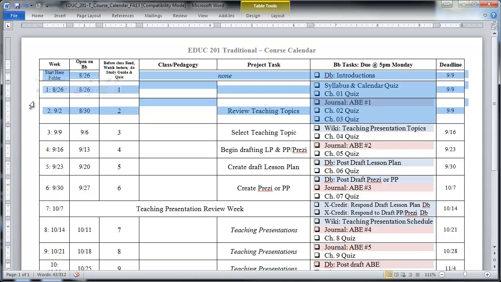Let me also explain why Chapter 3 is due before we actually talk about Chapter 3 in class. What I want you to do is look at the study guide, read the chapter, and take a short quiz over the chapter before you even step foot in my classroom. The reason is that when we talk about Chapter 3 in class, I want you to already know a little bit about it. That way we can go further into the subjects. We can do more fun, collaborative games and use pedagogy in our face-to-face classroom that you might want to use in your classrooms. The whole point is to put you a step ahead.